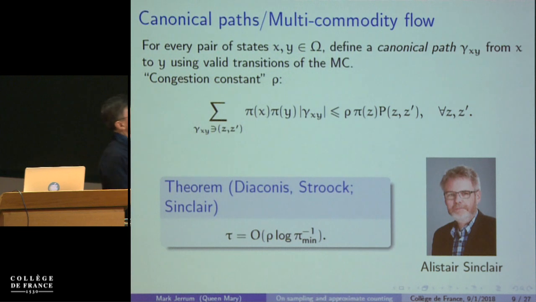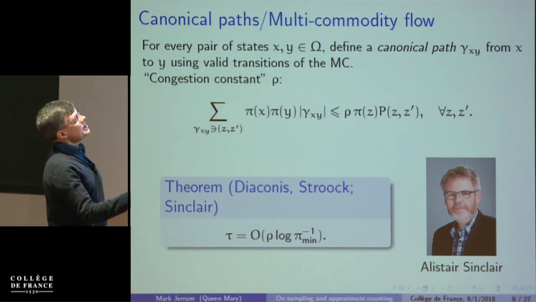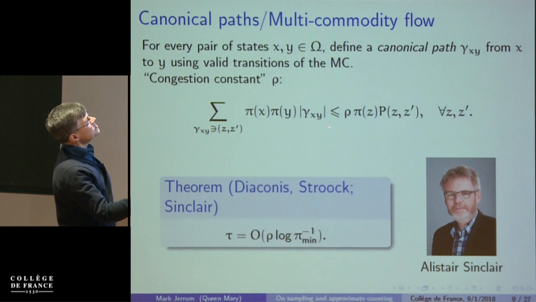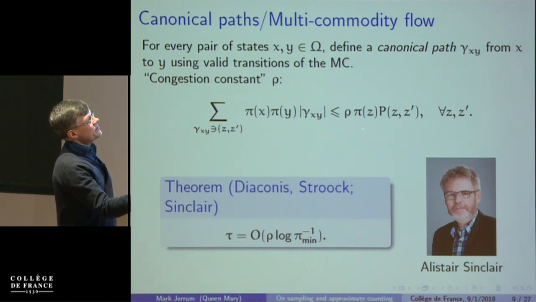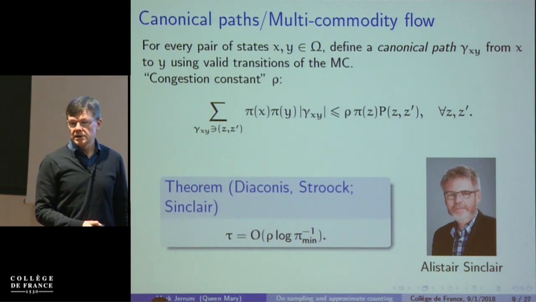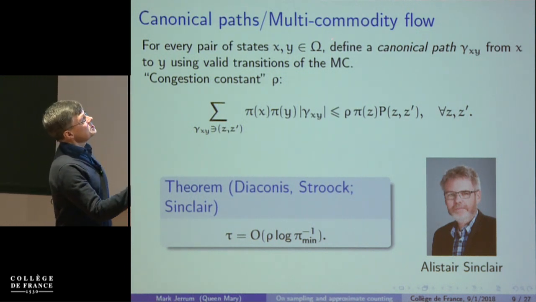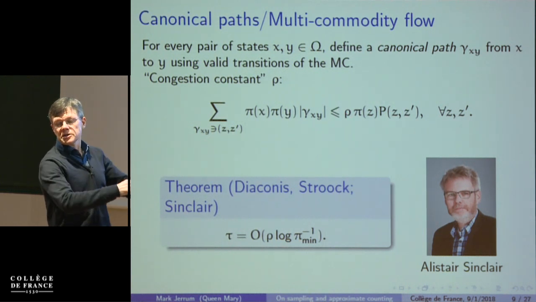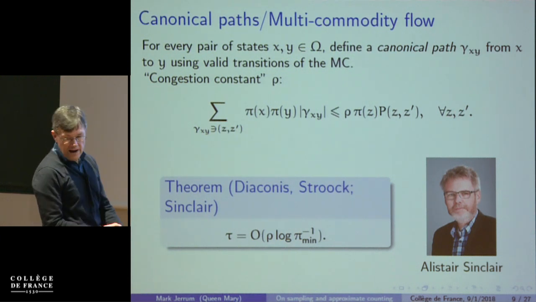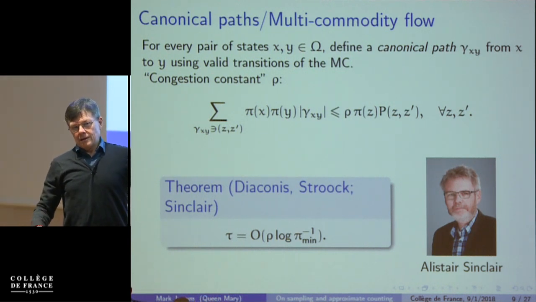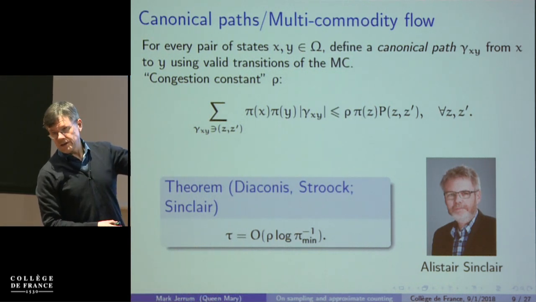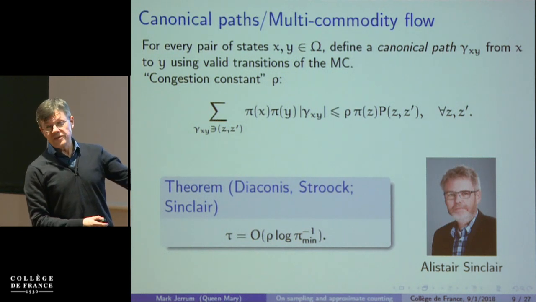And so this relationship has a constant, rho. This constant is saying, if it's small, that's good. It's saying that the flow through each transition is not much greater than the capacity of that transition to support the flow. So if rho is small, then I'm very happy. That means that the paths are very well distributed. Whereas for the example that I gave, where I just took all the edges out and put them back in again, if I looked at the transitions which involve the empty matching, everything would route through there.